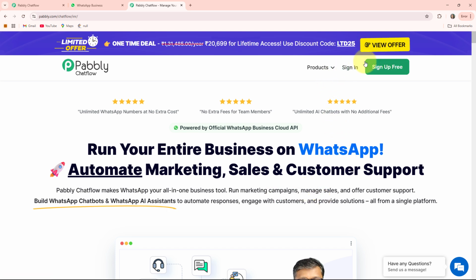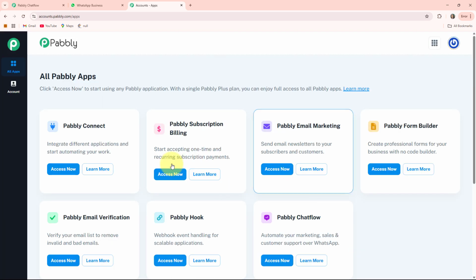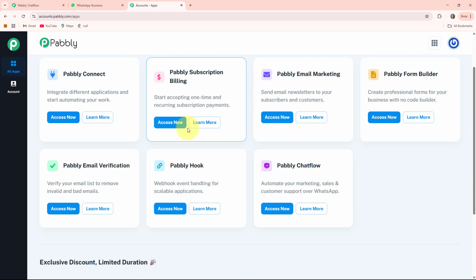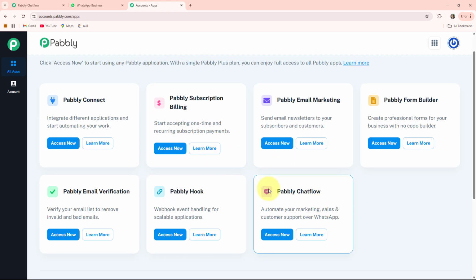Here on the right hand side you can see 2 options are there. One is sign in and the other is sign up. If you are a new user, then you can click on the sign up option. If you are an existing user, then you can click on the sign in option. As I am an existing user, I am clicking on this sign in option. Here you can see all the apps that Pabbly provides to its users. As we are creating a WhatsApp chatbot, we will go into this Pabbly Chatflow box